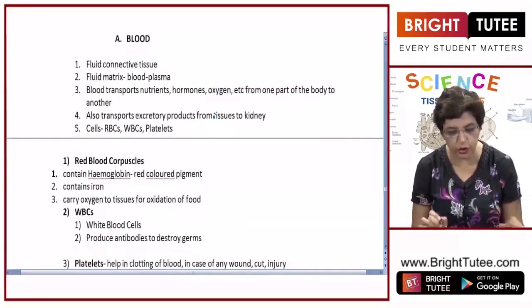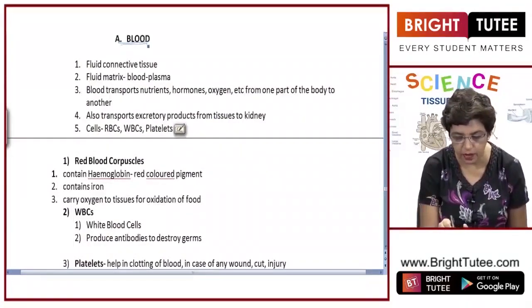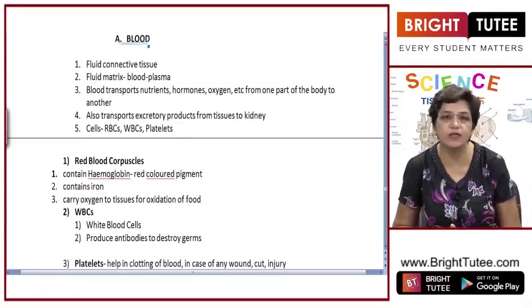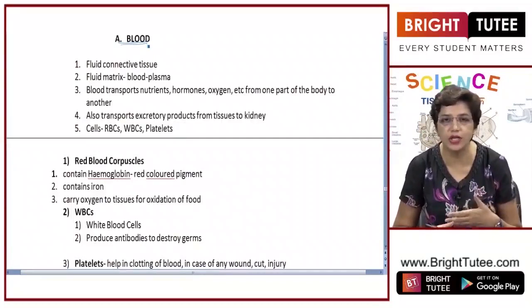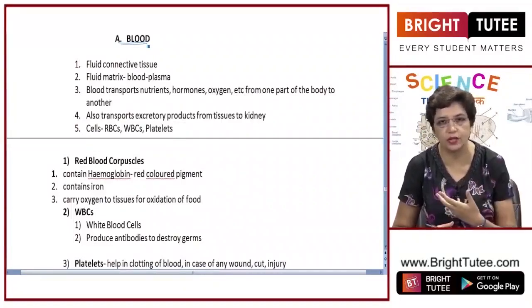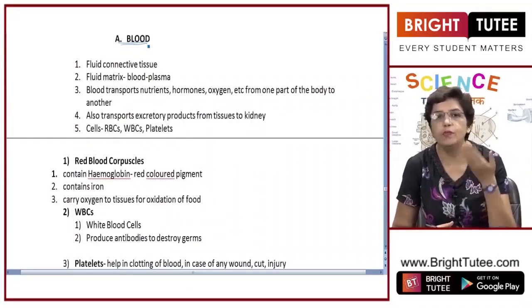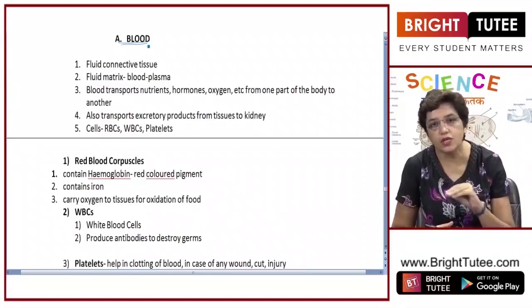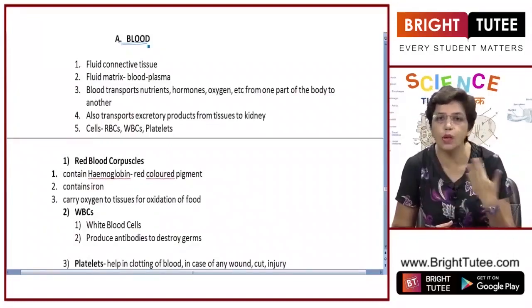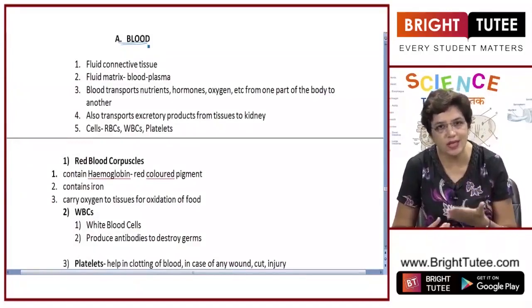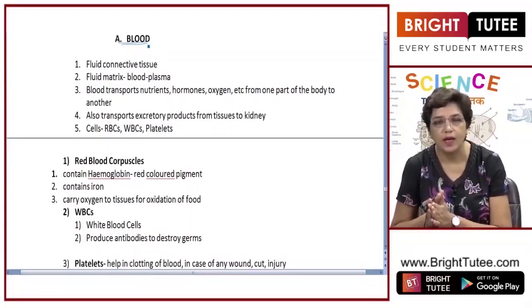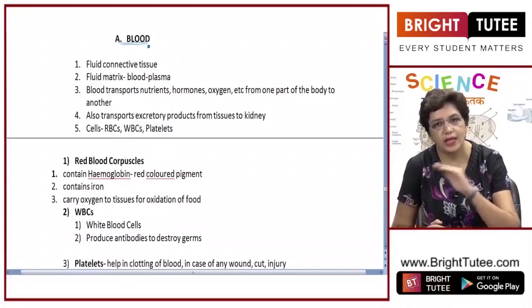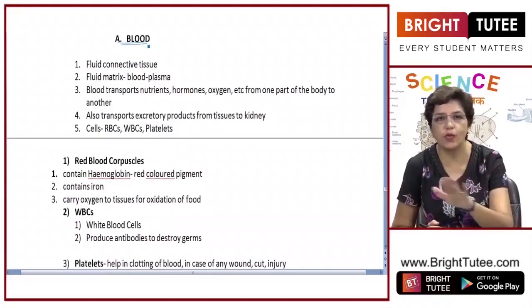First type of connective tissue is blood. Alright, as you all know, blood is a very important type of tissue in our body. It helps in transportation of nutrients from one place to another. For example, you are breathing in, alright, so oxygen is present in the lungs. Now this oxygen has to be transported to all parts of the body. So how does it happen? It happens through blood. Blood takes up the oxygen and then it circulates in the body and provides oxygen to